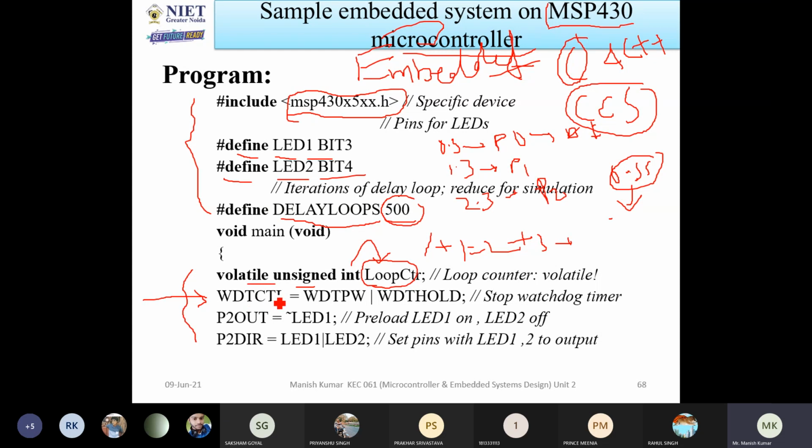Same like if your dog is standing in front of the gate, the other person will not allow it inside the house. Same way, if this watchdog timer is active, you can't write the programs or modify the programs.